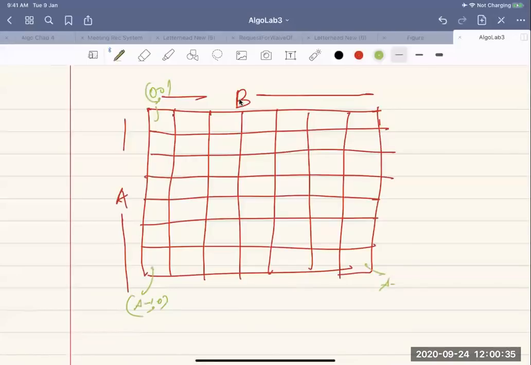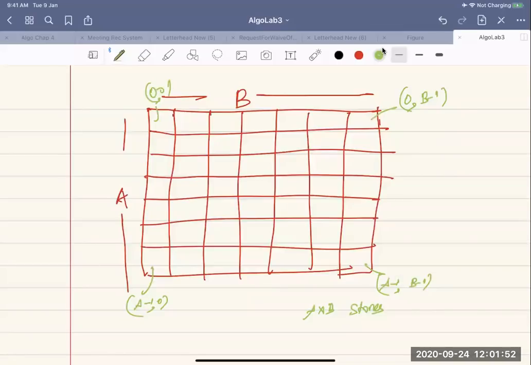This will be a minus 1, b minus 1, and this will be 0, b minus 1. So overall there are a cross b stones.